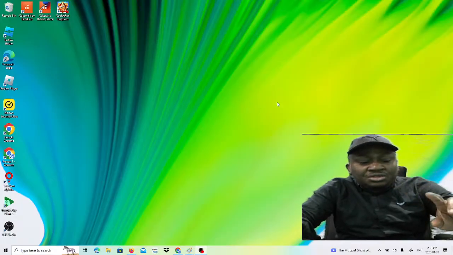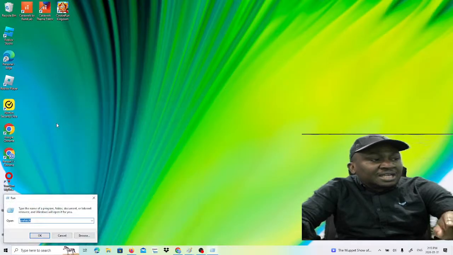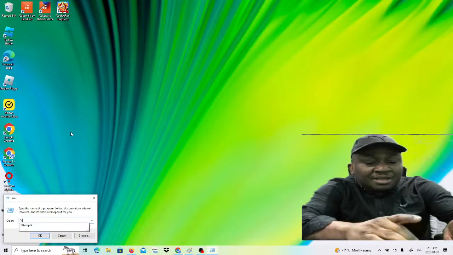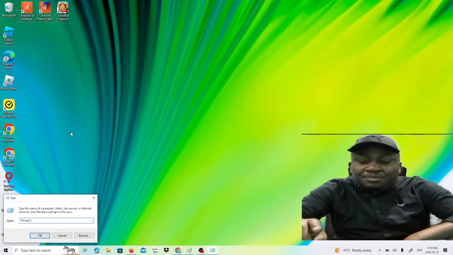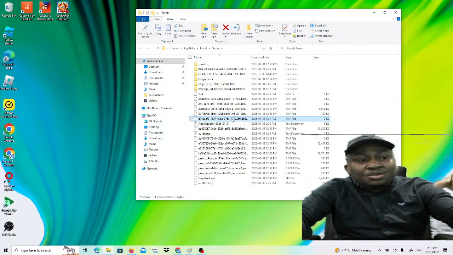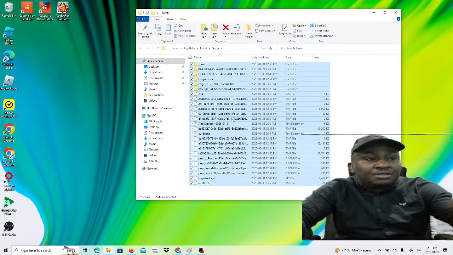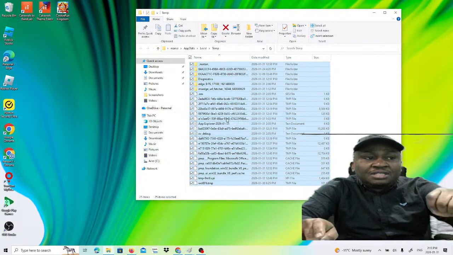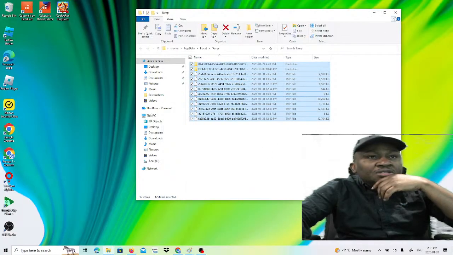Number 3 trick is the same. Windows R. So you're gonna do Run again, but in this case, instead of typing prefetch, you're gonna type %temp%. All right, you hit enter, you get all this. These are temporary files the computer also uses in browsing activities. Now you're going to do Control A to select everything, Shift Delete to delete everything. All right, some of them will not go like we did before, so just do this. So that's three